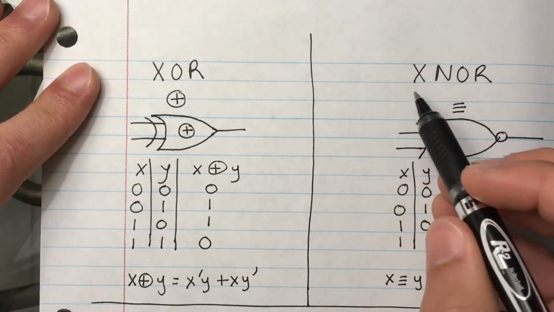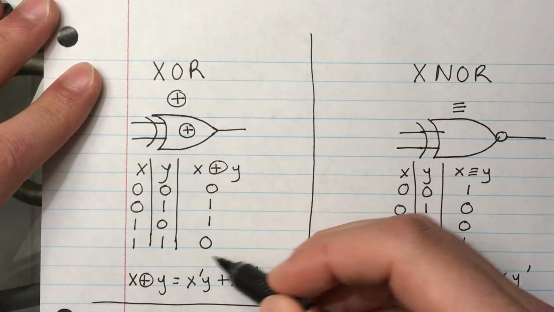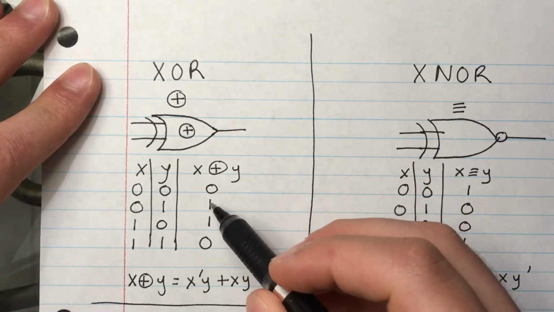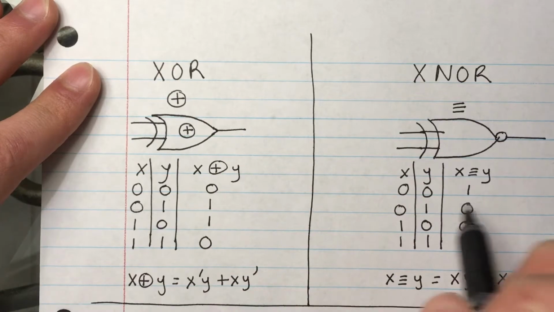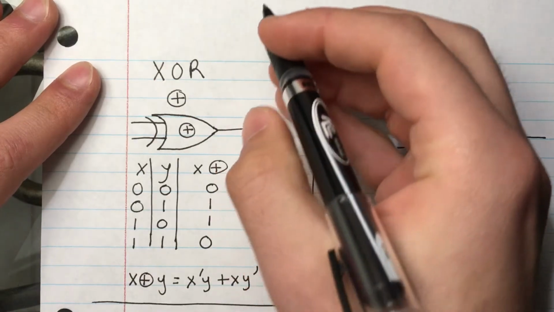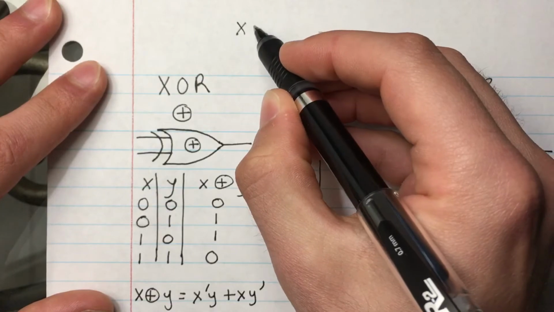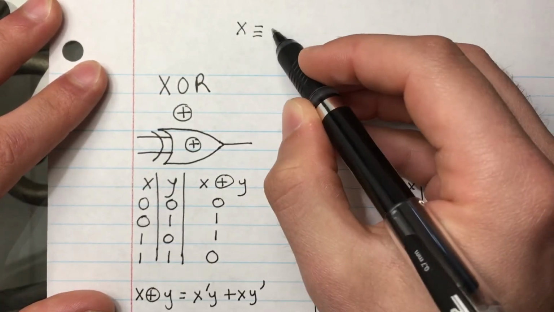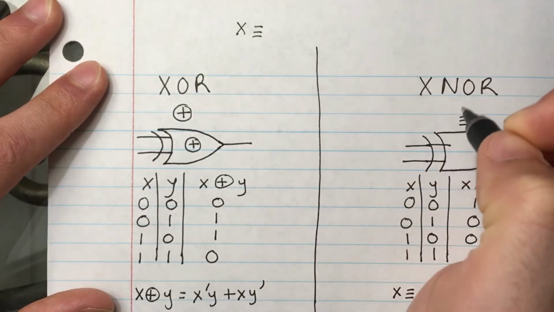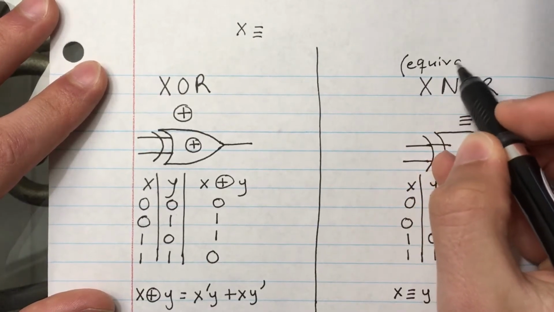And XNOR is pretty much the complement of XOR, so we're going to take the complement of the output. If you have a 0, the XNOR is going to be 1. If you have a 1, the XNOR is going to be 0. So it's pretty much complementing the XOR. Therefore, a good expression to remember is that the XNOR, sometimes this is the symbol for XNOR, which is also the symbol for equivalence. So you could see XNOR and the expression equivalence used interchangeably,